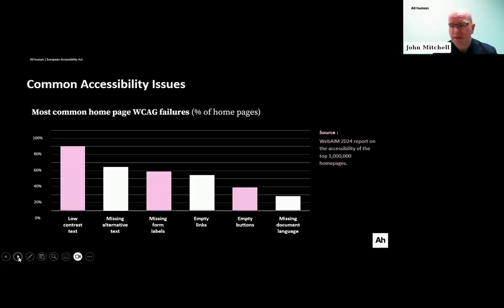So common things that get highlighted or spotlighted on an accessibility audit are things like contrast on text. And I know there was a question in the Q&A around what is an example of non-compliant or non-accessible content. But things like missing alternative text, missing form labels, empty links, empty buttons, missing document language, they're typically content fails. But they're not necessarily just content or copy. Some of them relate to technical gaps as well.